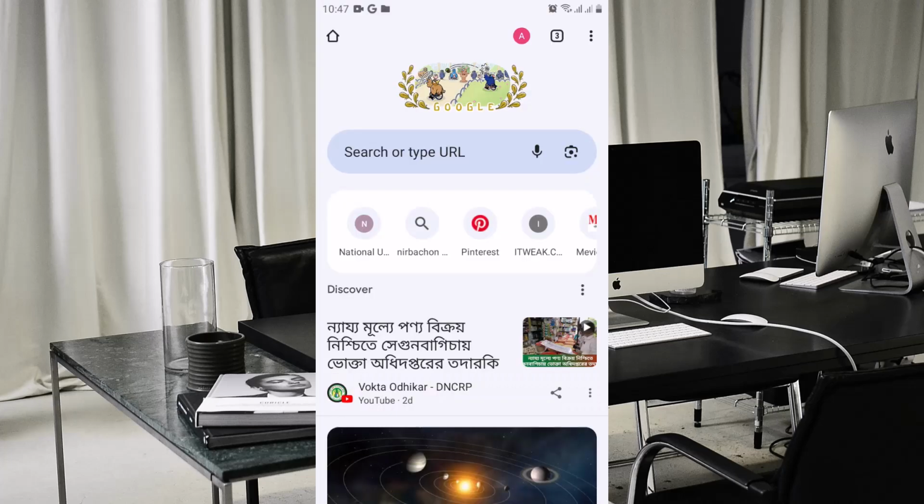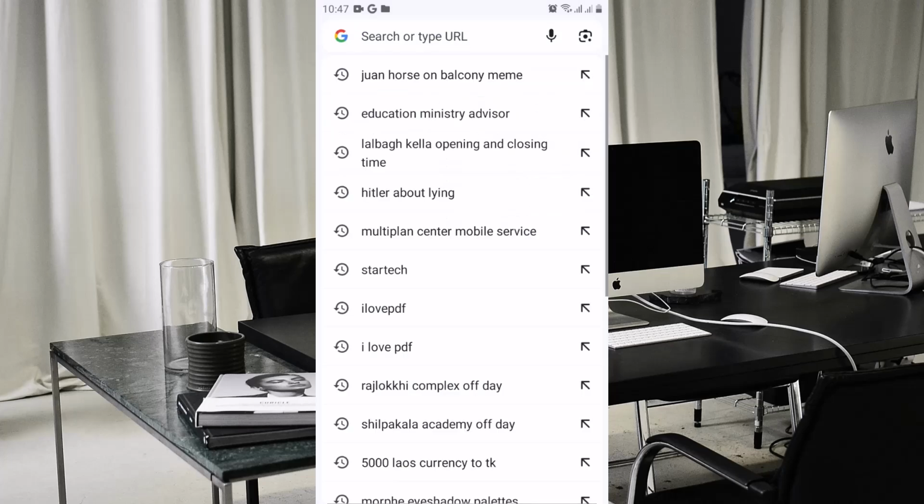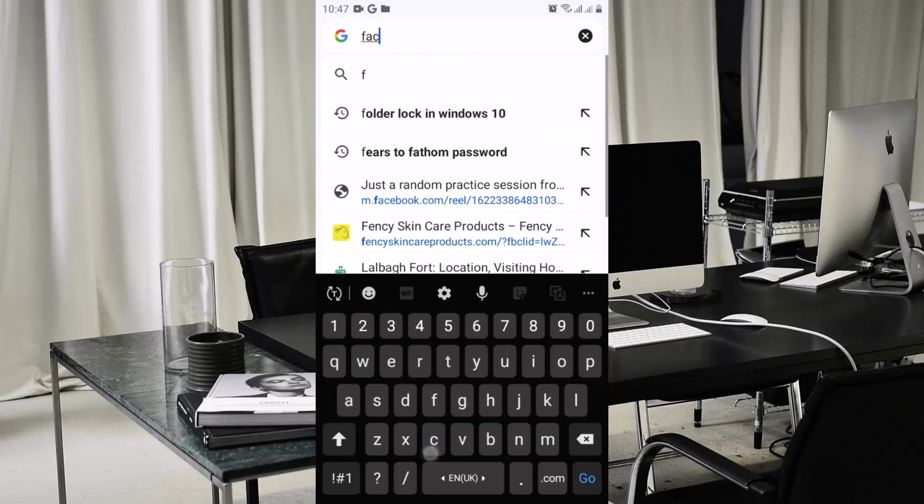If you have lost access to your Facebook account and can't recover it using your email or phone number, don't worry. In this video, I will show you a simple way to regain access to your account. Let's dive in. First, once you have opened up your browser, go to the Facebook Help Center by writing Facebook